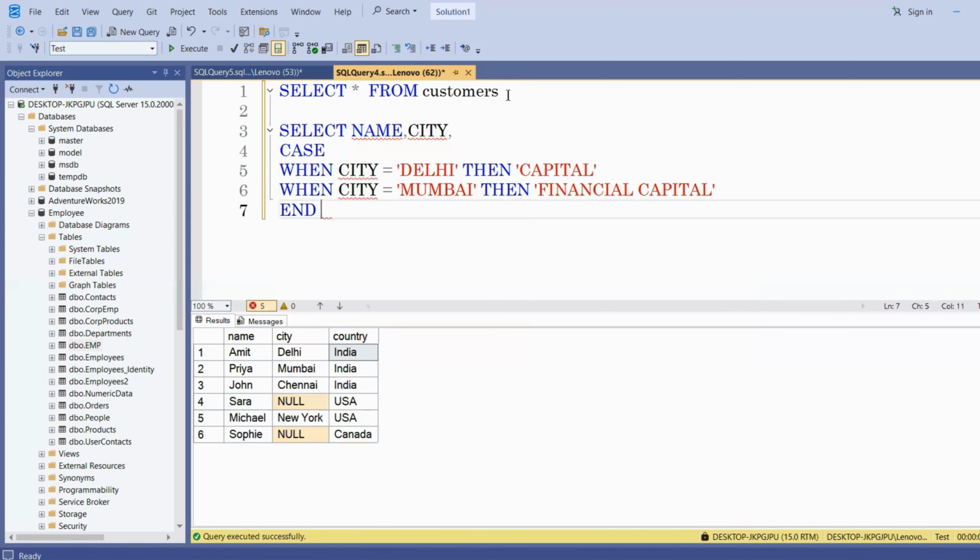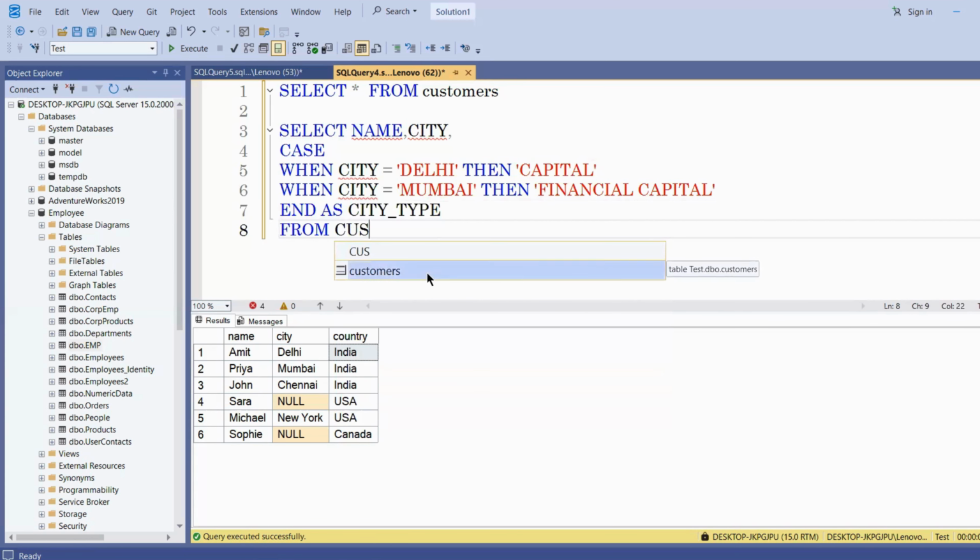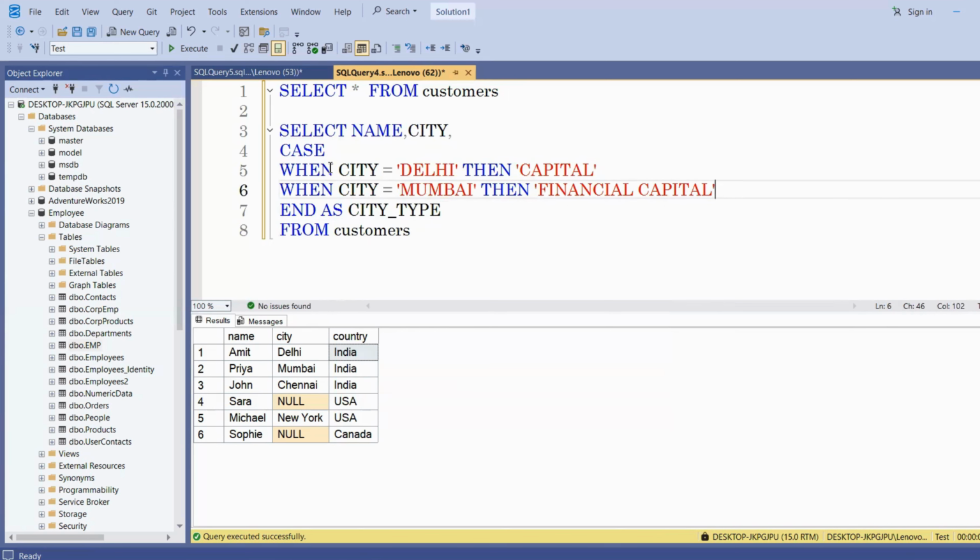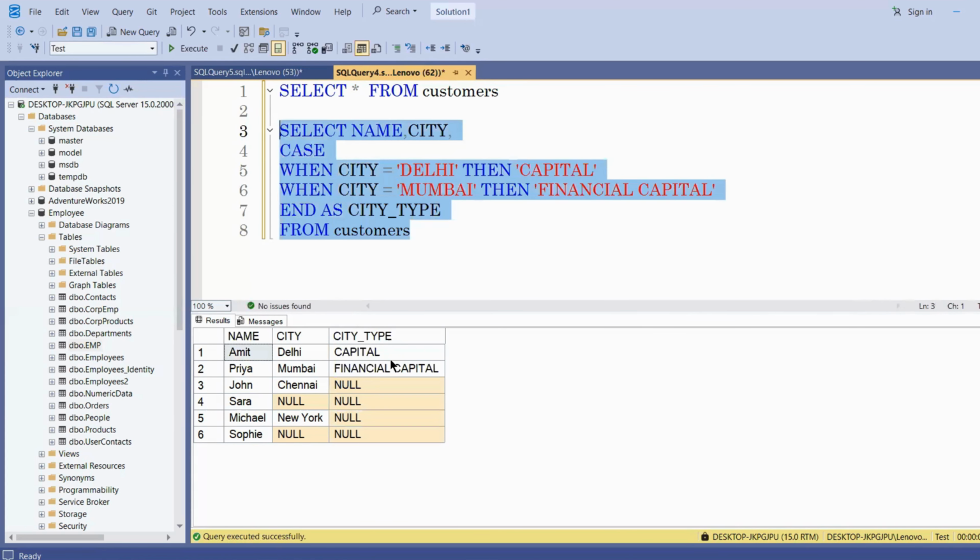I will simply end the statement here and I will say city type from customers. Here we have not given the else. We have just ended the case when statement after the two conditions. So let's see what it does. You can see here the conditions which are getting satisfied are getting displayed as per the then we have given. But for all the records which are not satisfied by those conditions,